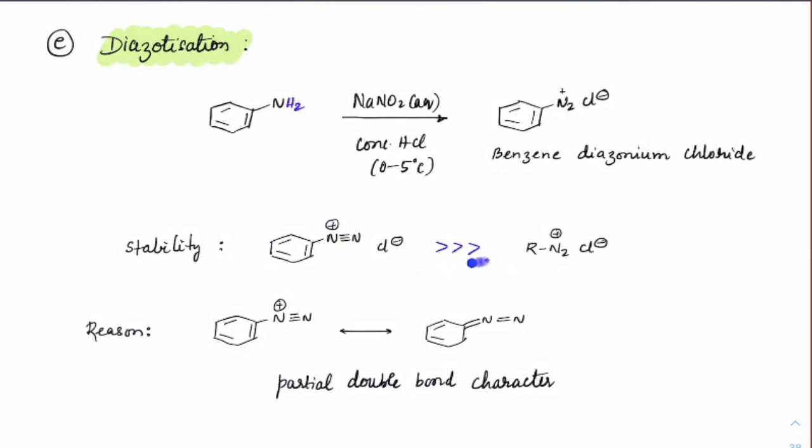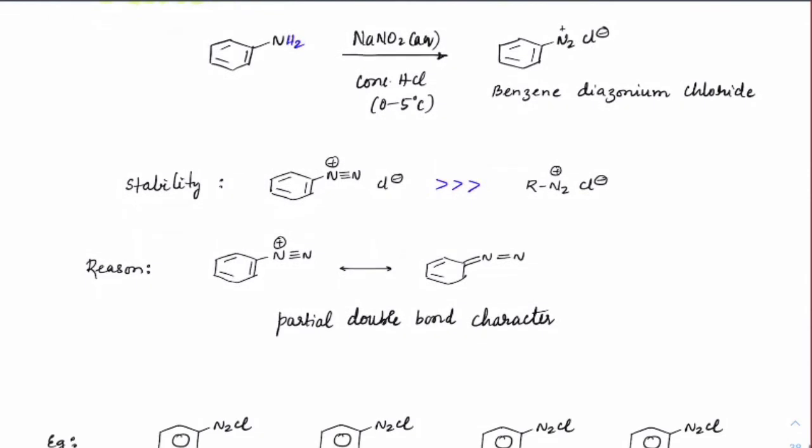In fact, if you consider the stability of benzene diazonium chloride as compared to that of any alkyl diazonium chloride, it is highly stable. The reason for the stability is that this pi system will support resonance stabilization with N triple bond N here. So you will have this form with plus and plus here, minus here. So you will have this conjugation within the diazonium salt. This partial double bond character between carbon and nitrogen doesn't let it break at lower temperatures.